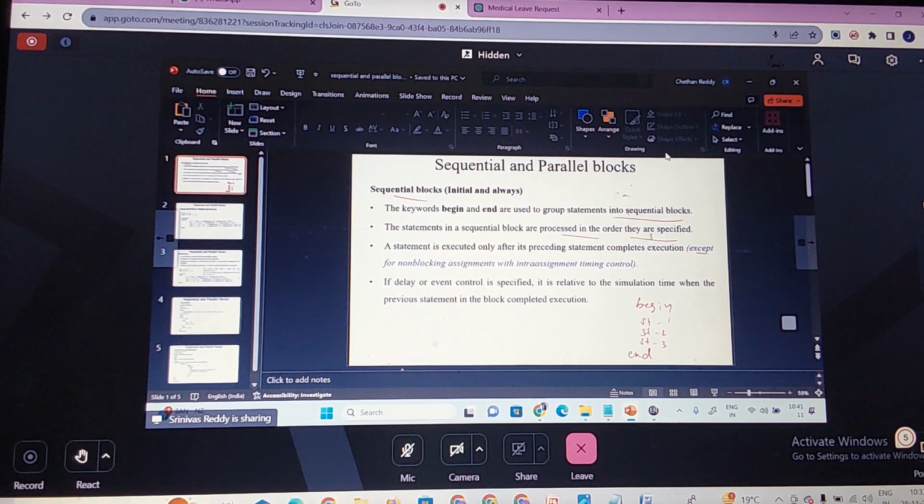So this statement will be executed only after its preceding statement completes the execution. Except for what statements? Except for non-blocking assignment with what? Intra-timing control. Because the way it behaves for the non-blocking is different. Did you understand? So if the delay or event control is specified to your statements, it is relative to